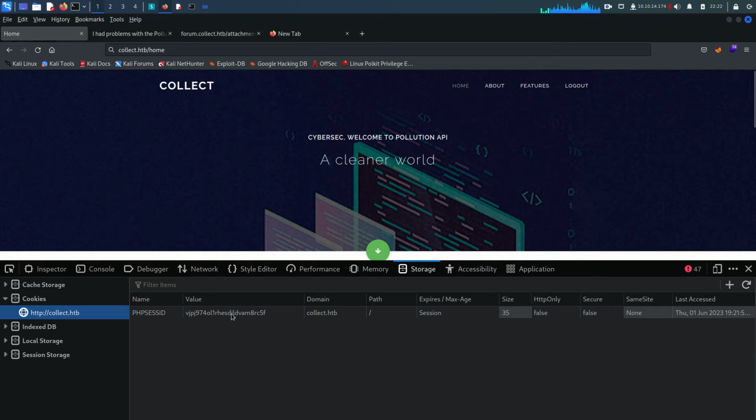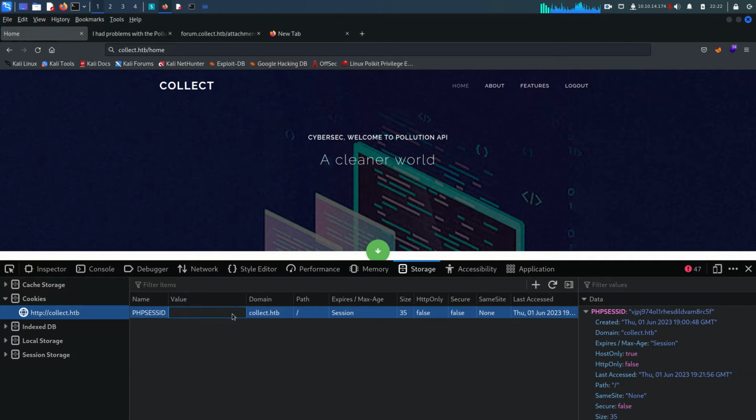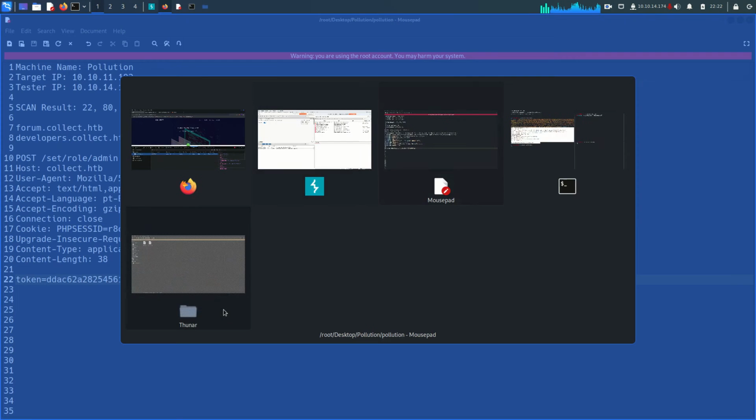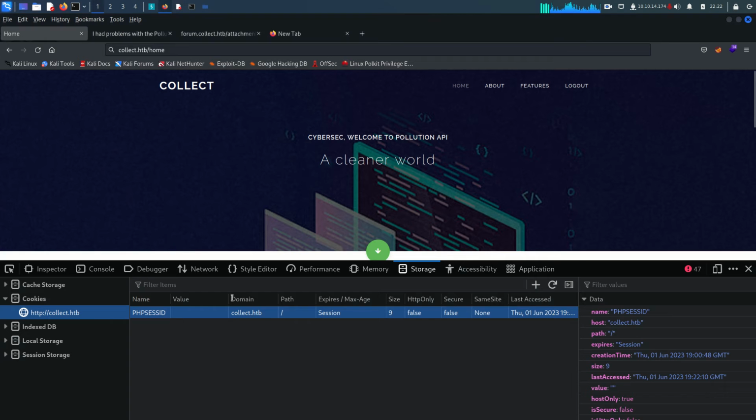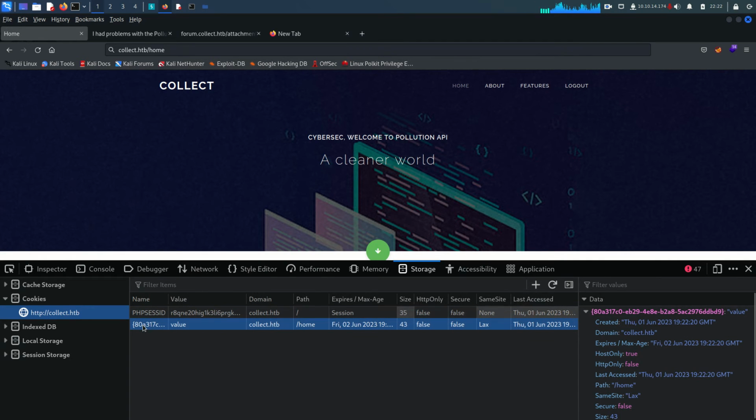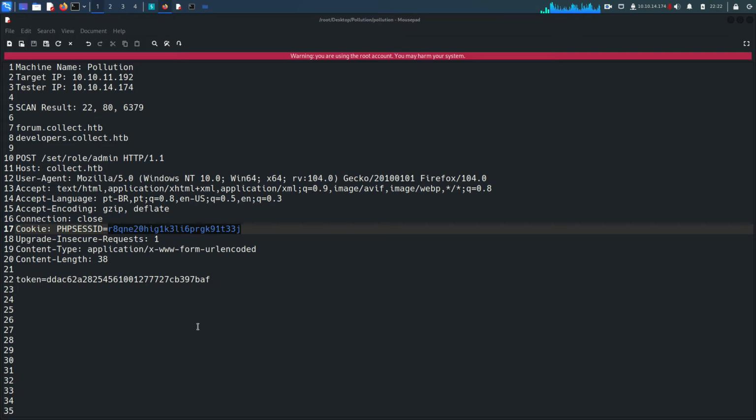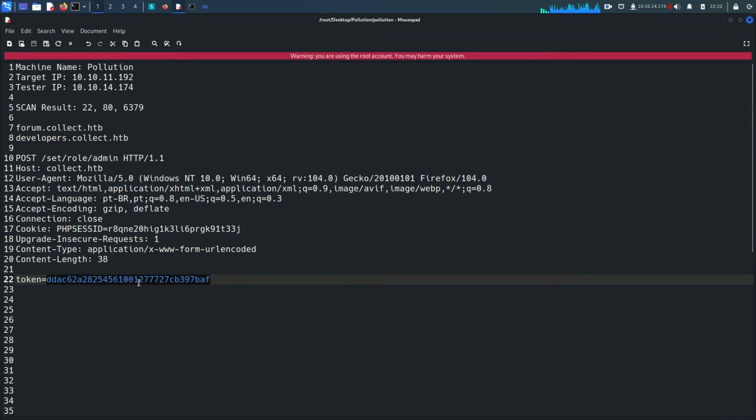So what I'm going to do here, I'm going to change this session ID with this one. Copy that, come back here, paste that, and I want to also add one more field here, the name is going to be token, and the value is going to be this. So copy that,